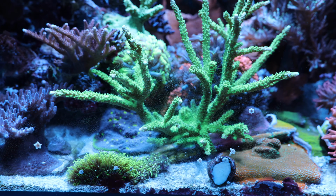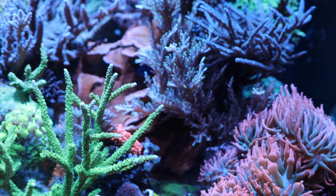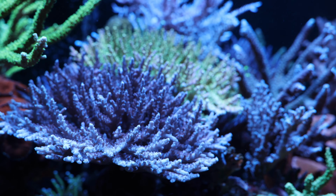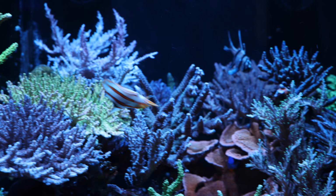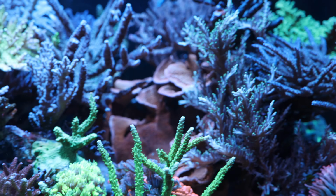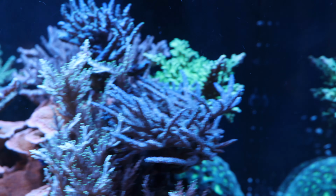We've got green Slimer, rainbow Monty, and moving back we've got the rainbow loom behind this purple acro. We've got the red dragon, a few other Acropora, Montipora, so this is another Undata I believe, Pac-Man, another Velida,